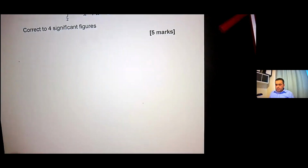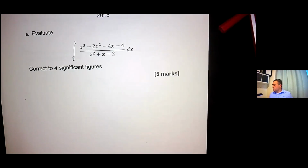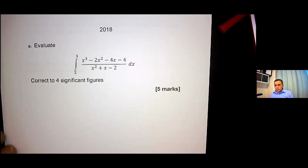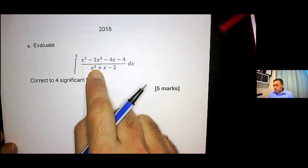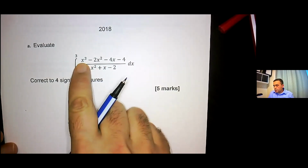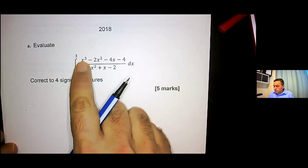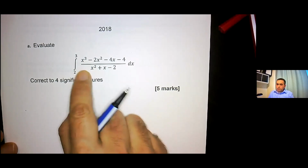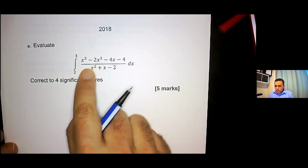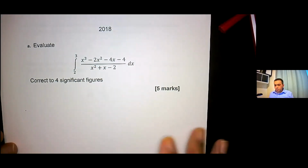Now in 2018, we have this question for integration. The trick with this question is that if you look here, the degree of the numerator is more than the denominator, here 3 and here 2. So this function, or this equation, is not proper. So we need to make this equation